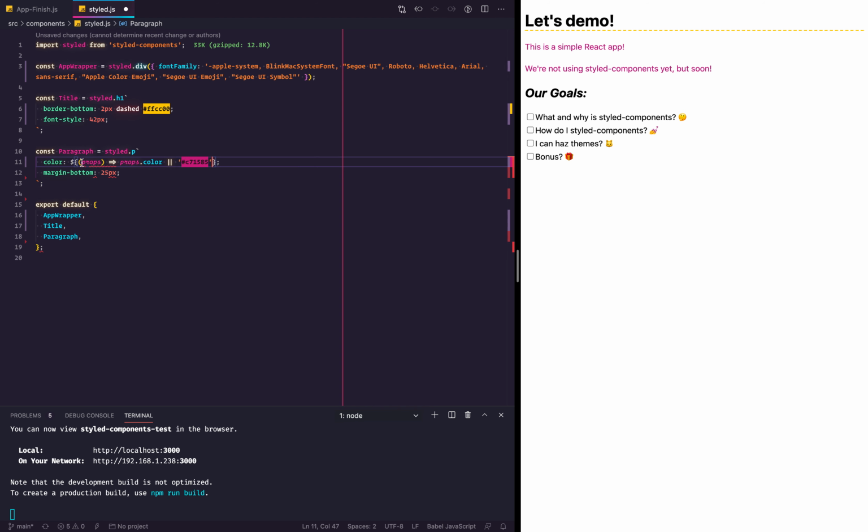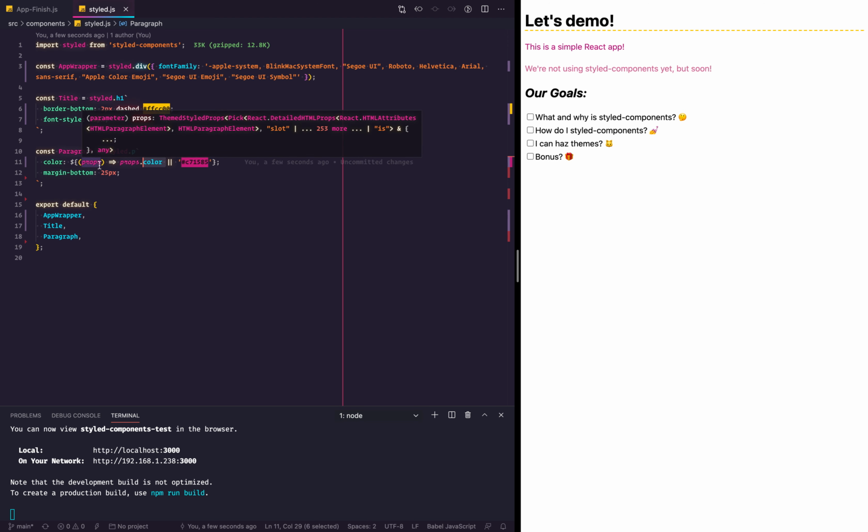So we see here we have an arrow function. We get props, pass props down. We can fetch the color of our props. And then if we don't have that color, we can set the default. So a simple arrow function. And as you can see, we have a lighter pink here, darker pink by default since that's not set. But we can go one step further